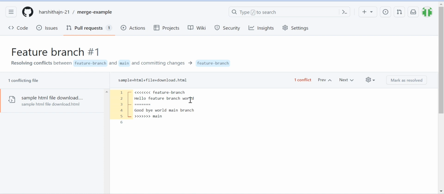Now in the editor, it shows what is on the feature branch and what is on the main branch. You can see here feature branch and main branch. Before that, the best way to fix a merge conflict is to not have this code at all. Let's take the example of Java, so compare it with Java. So we are going to delete this content, and let's say